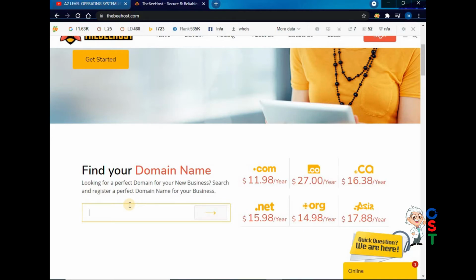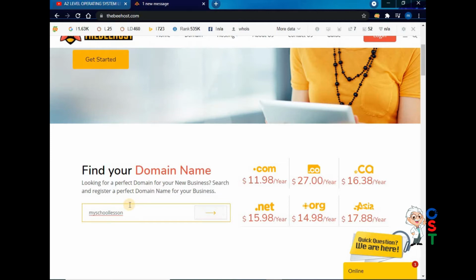As you can see on the screen, .com you can buy for $12. Before .com you can select a domain of your choice. For example, if I try to buy a domain of my school lessons, let's see whether this domain is available or not.